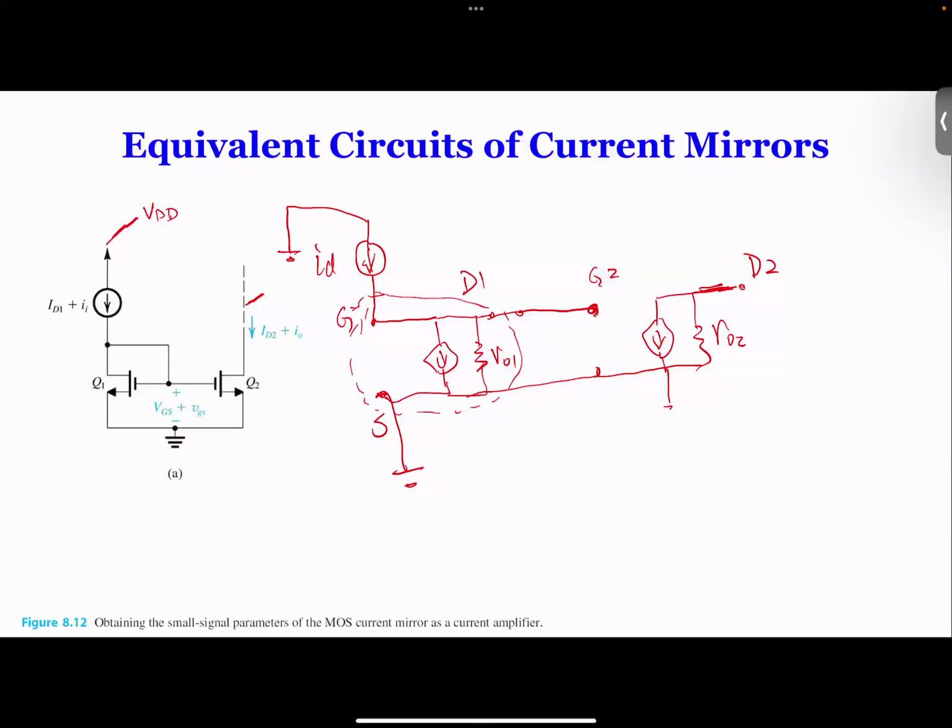What our next step will be is, you look at this current. So the current over here is flowing from ground to the drain, right? So the ground is on top there and coming up. So we can simply move it so that it looks better. Our eyes will be more pleased if we move that current like this. So it's going to be up. So this ID, and it's ground, and it's going to the